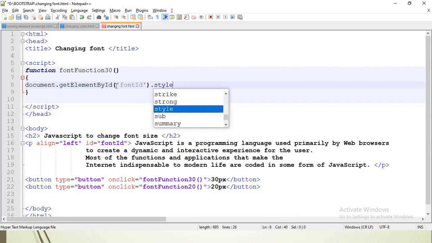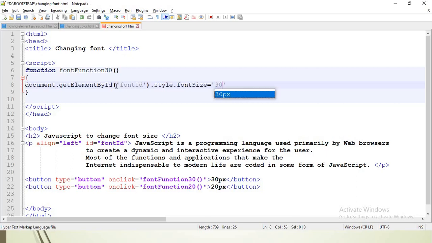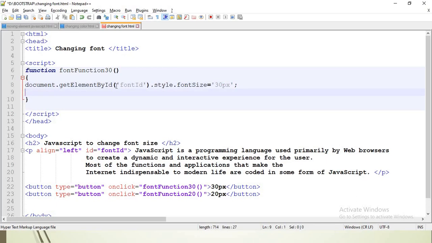Dot style dot font size. I have to give by how many pixels the font size has to get increased, that is 30 pixels. So I give 30px, and the color should be set to red.